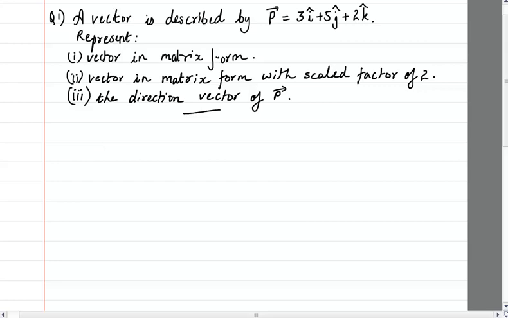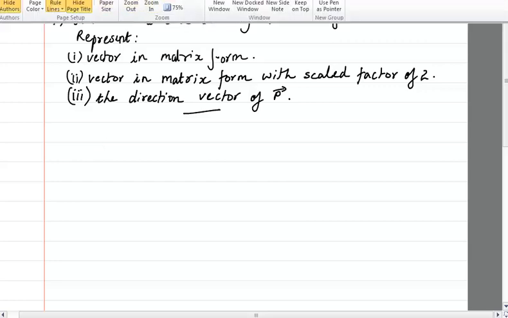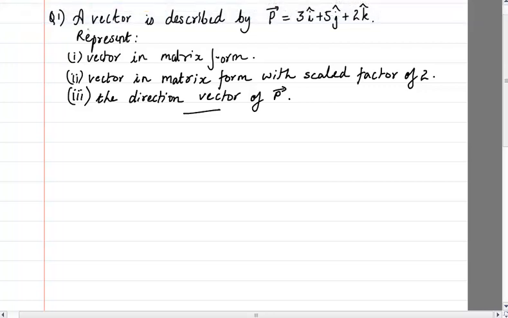Let's solve this problem. What do we have here? The question asks that there is a vector p which is described as 3i plus 5j plus 2k, and we have to represent this in matrix form. So first, if I have to represent this in matrix form, I know that I have to write the four